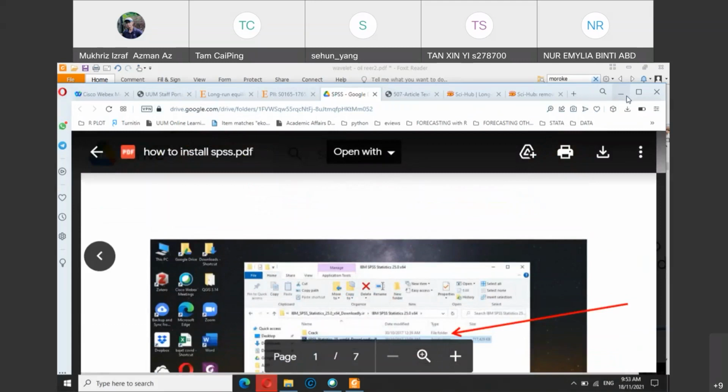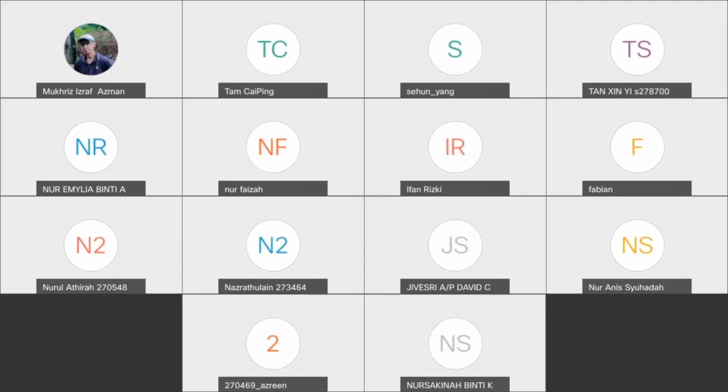I think we have one session on SPSS after the mid-semester break. We will see how fast we can do. Maybe we can do it in the last week before you go for the mid-semester break, so that at least during the mid-semester break you can practice using SPSS.